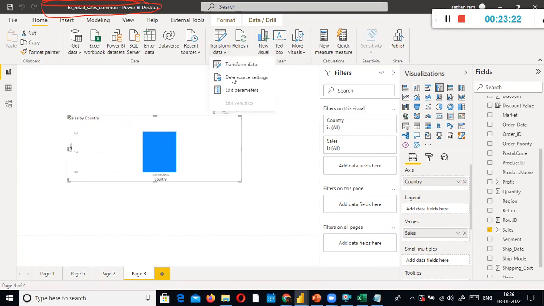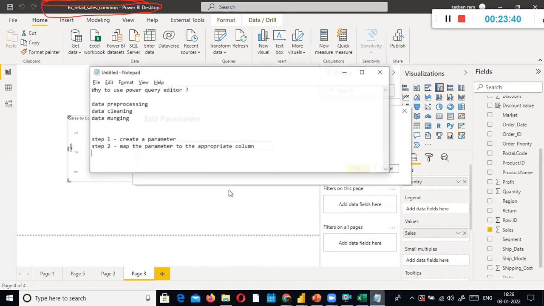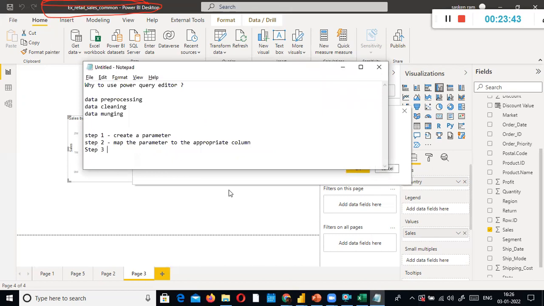Now if I want to edit parameters, whatever country you wanted to view, if you want to view the Australia country cells, you can type it here. It automatically will be passed as an argument to that parameter one, right? That is what happens in step 3: map the parameter to the appropriate field. What is mapping the parameter? In our case, the parameter name is parameter one.